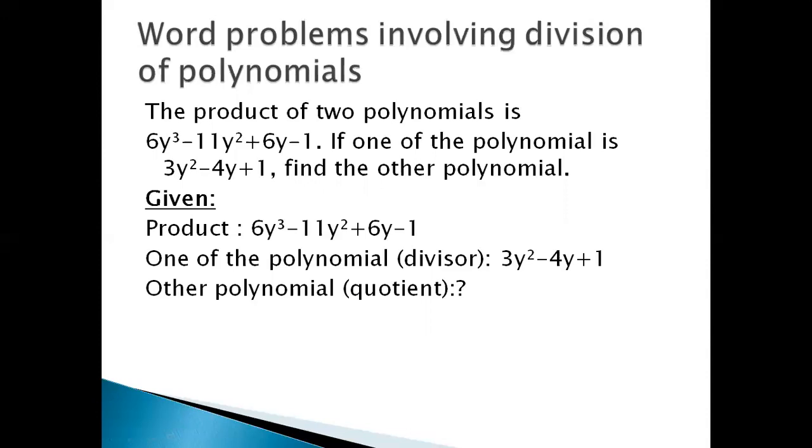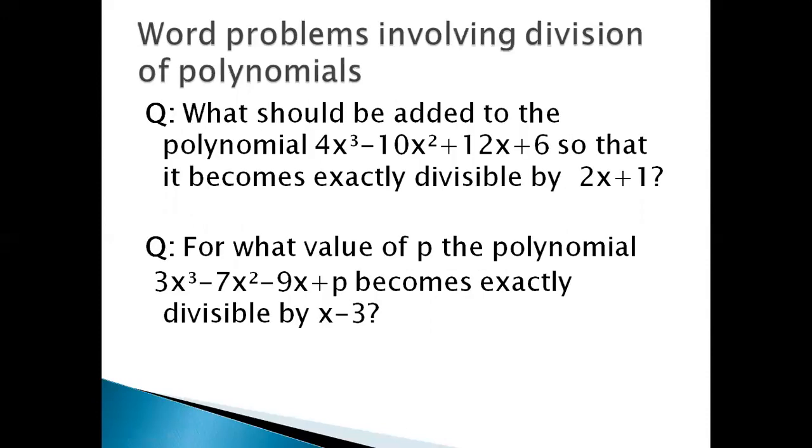Students, keep this in your mind that whenever the product of two polynomials is given and one of the polynomials is given, to find the other polynomial we have to divide. Whenever a product is given, we have to divide to find out the missing polynomial. So the product will be your dividend, and the given polynomial will be the divisor, and the quotient you obtain after division will be the other, missing polynomial.